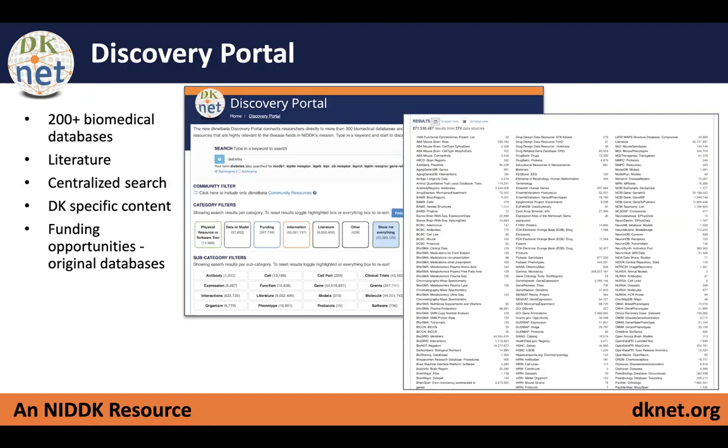And when one goes to the discovery portal, one can do a simple search, and then it returns information in terms of what category of information it is. Is it literature? Is it data? Is it information on funding? Is it a physical resource? And it provides then a list of different data resources, information resources, that one can look at to find out if there's any information that one can use.